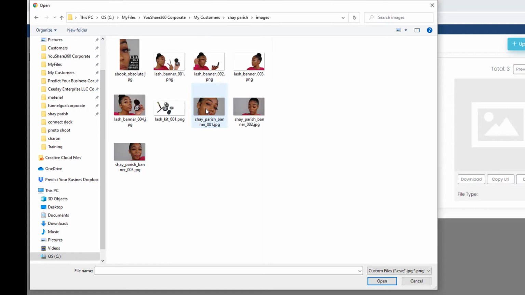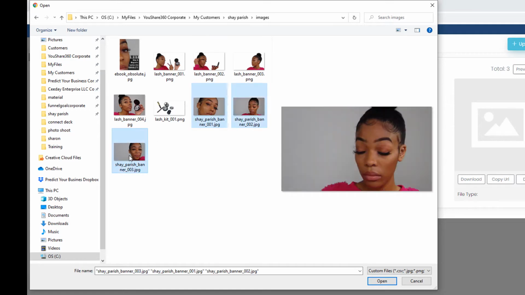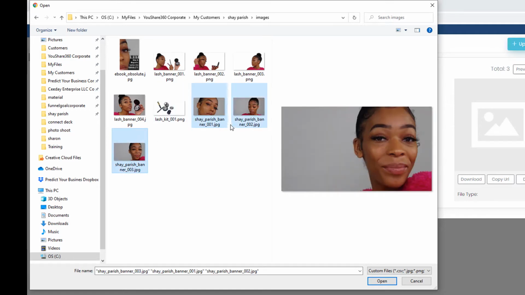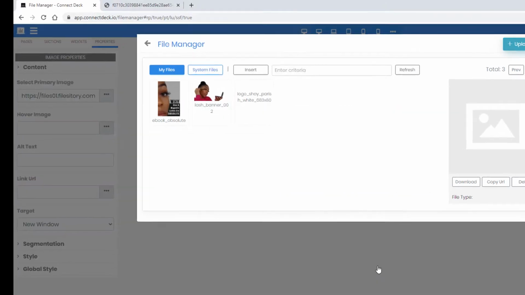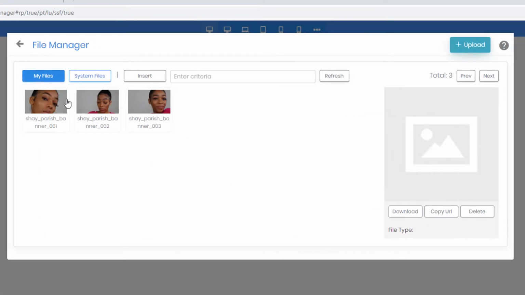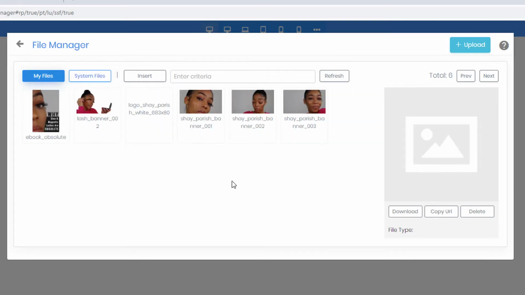So I actually have a few files that I want to upload. I'm just going to upload three of these images all at one time, and I'm just going to open it up and bring it in, right? So now all of my files are here. Now notice that when you upload a file,